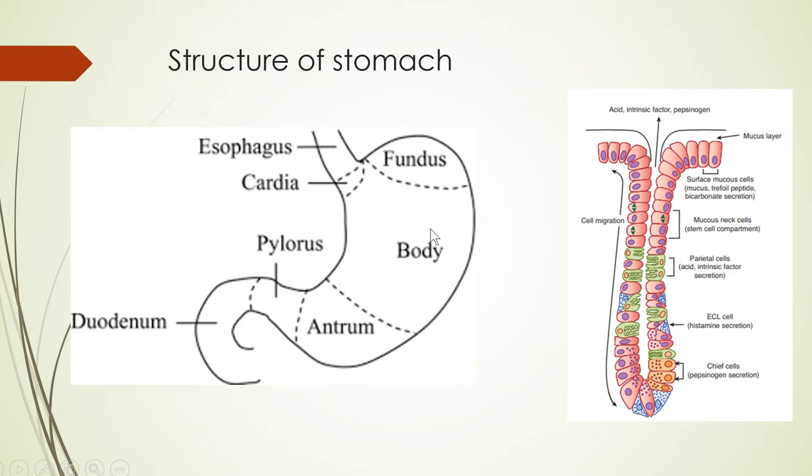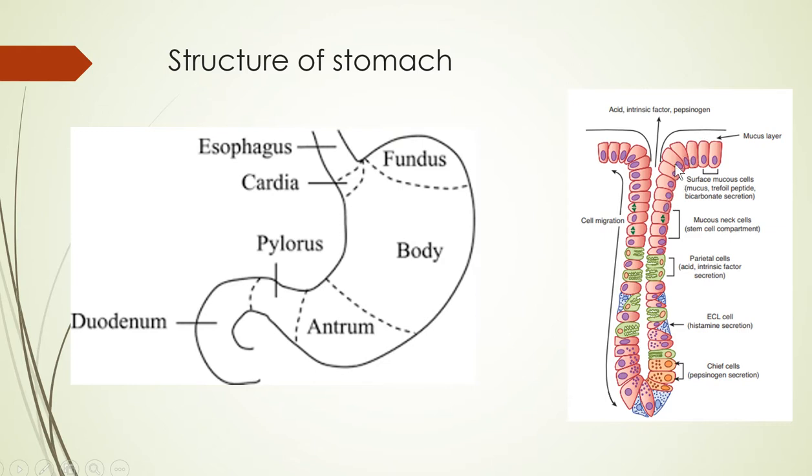If we see a segment under the microscope, this is a microscopic view of a small segment of the stomach. In the stomach there are different villi-like structures. It's not villi, we can say rugae-like structures. There are different depressions of the wall of the stomach in which different cells are arranged as shown in the image. Toward the lumen there are mucus cells arranged so that they can secrete mucus outward and form a layer of mucus which can protect these cells from HCl.